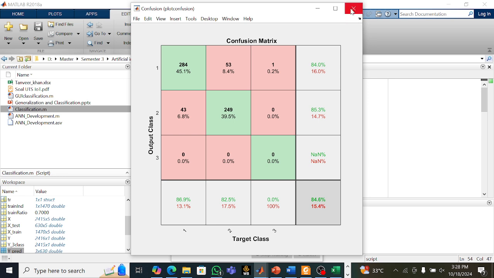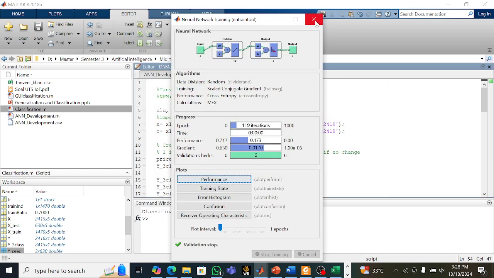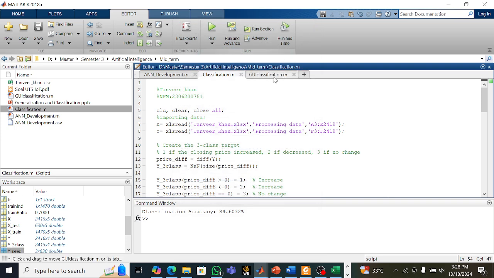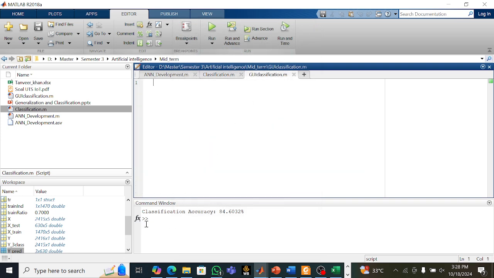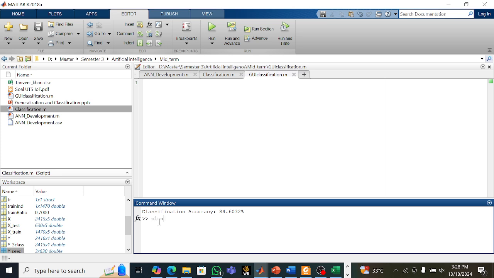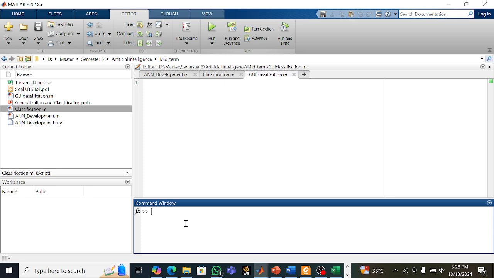Now we will try with the GUI. Okay, here is 84.6% correct. Okay, now we will go to the first, we need to clear this off: clear all, close all, clc. Okay, I need to create input